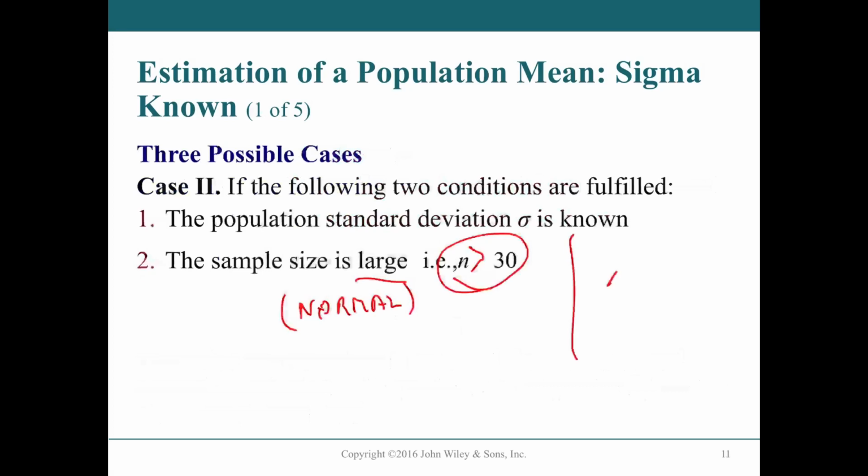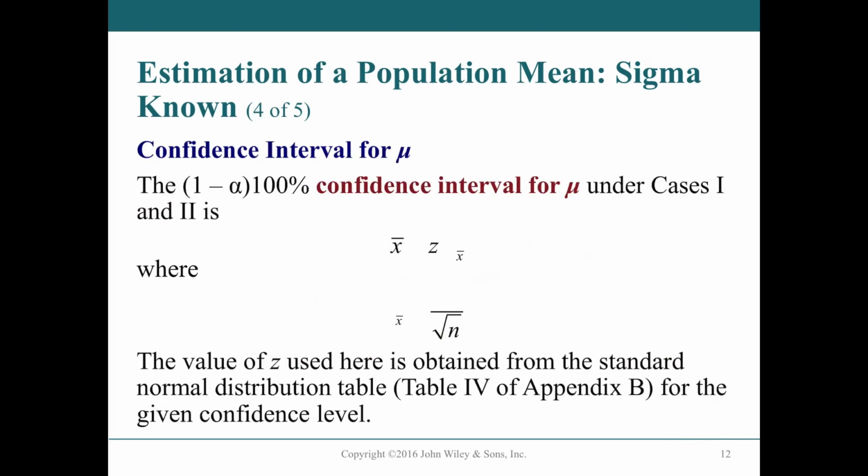And there is a third case the book does mention that I chose to ignore because we're not going to run into it. If we did have n less than 30 and not normal or not assumed to be normal, then call the statistician because this is not going to be used in 262. So that's your third case. Enough said about that. We're not going to be seeing any questions like that, except possibly in web work. Web work goes in so many different directions, I can't keep up with them. And if you do see a small sample and there's no mention of normality, you simply can't do it. It's more advanced statistics, which we don't have time for.